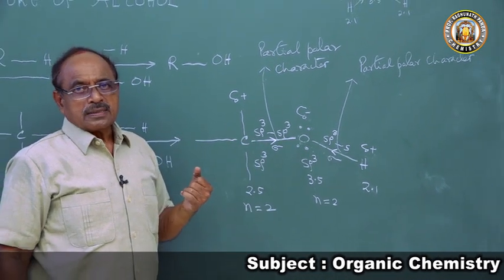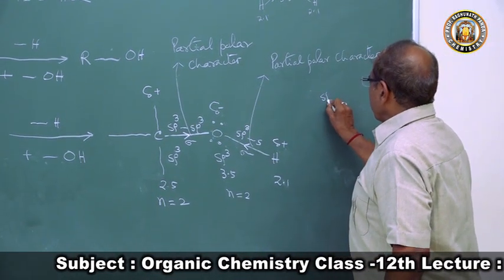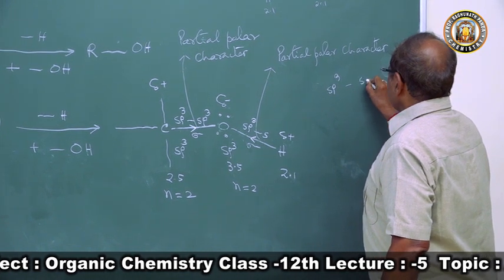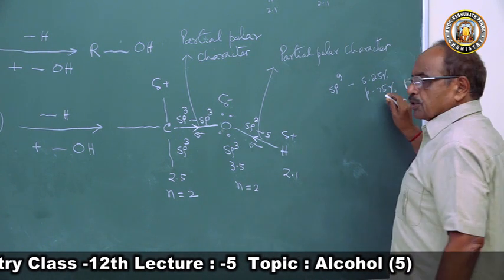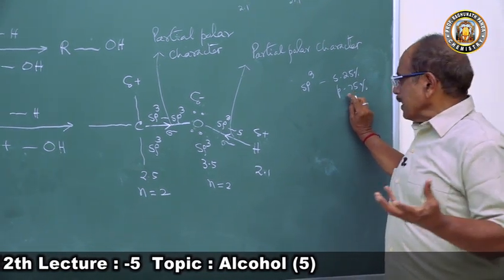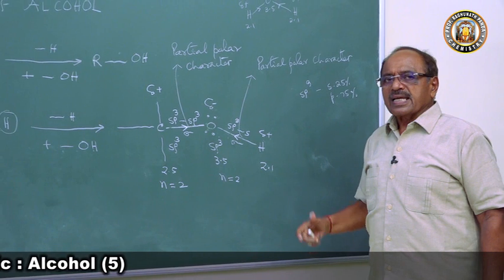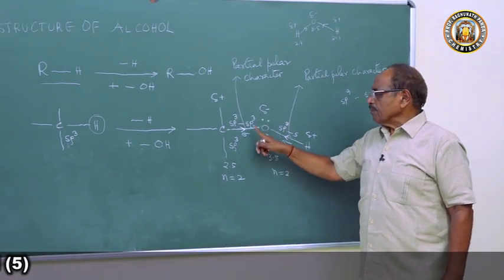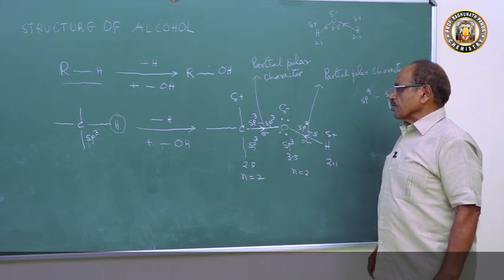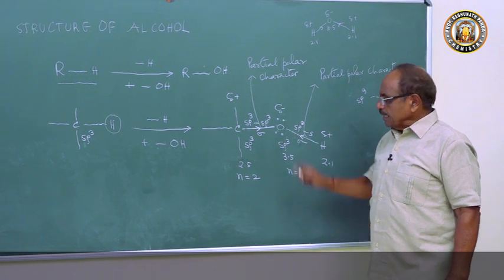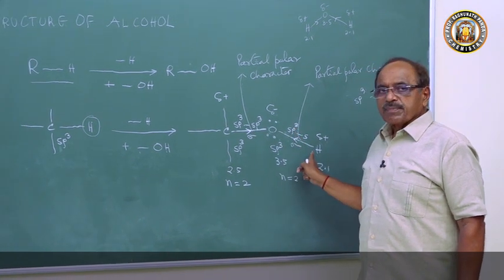The length of the bond is longer, because in the sp3 hybrid orbital, as we have studied, the s character is 25% and the p character is 75%. So due to the larger percentage of p character, the sp3 hybrid orbital is always a longer orbital. Hence the length of this bond is long. And what happens, the carbon atom has a positive charge and the oxygen atom has a negative charge. There is polarity, but the bond will not break easily.